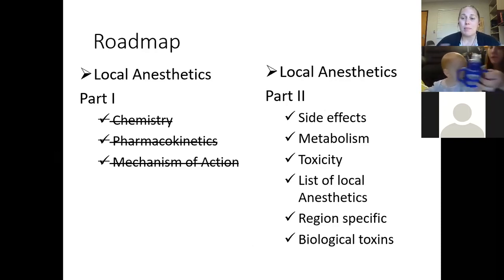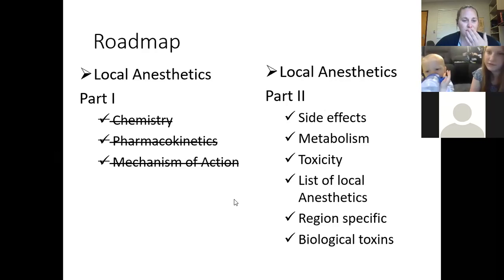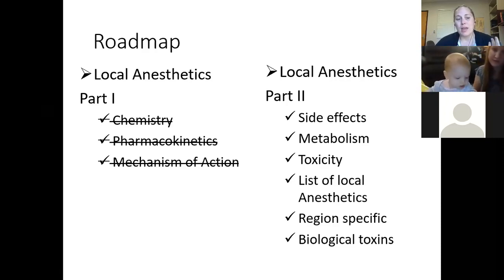If you're exposed to them in the environment, they can have negative side effects. Just a quick reminder, yesterday we covered chemistry, pharmacokinetics, and then finished up with mechanism of action. Hopefully you were able to either look over that presentation or remember. Most of the target of action that we're talking about here is primarily voltage-gated sodium channels, and not surprisingly, that's going to affect neural transmission. We talked about how it affects neural transmission in yesterday's lecture.